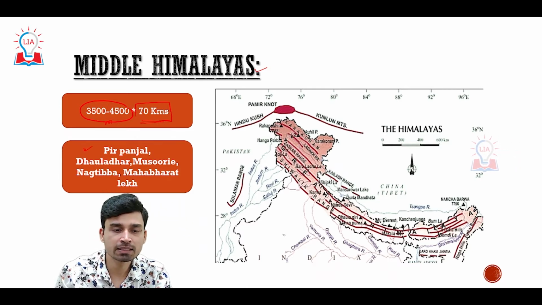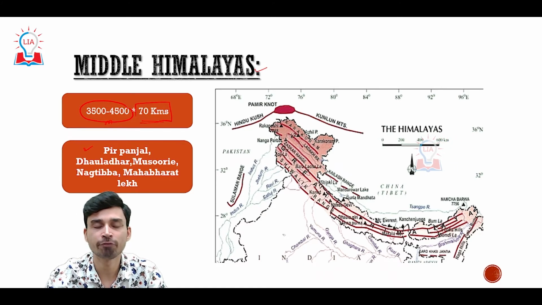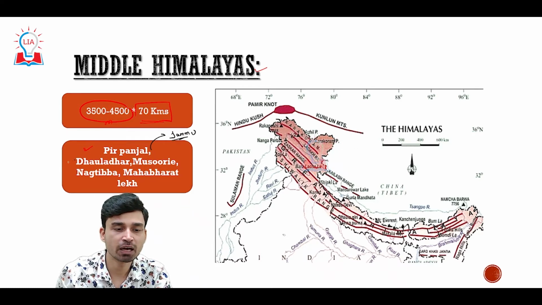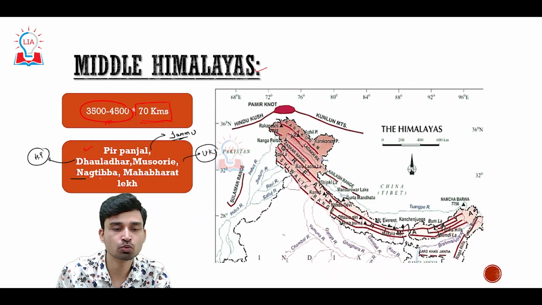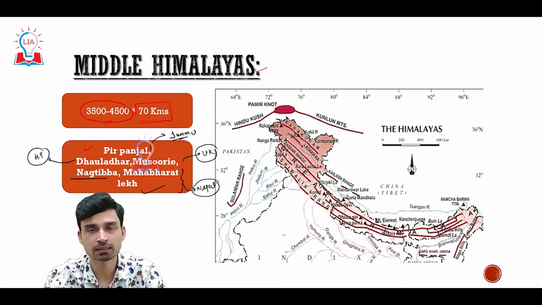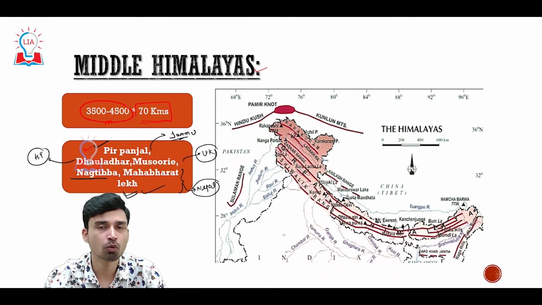Now, the Mid Himalayas are not a single mountain range, but are divided into several different ranges coming from west to east. On the westernmost side, in the Jammu and Kashmir region, the Middle Himalayas are known by the name of Pir Panjal Range. In Himachal Pradesh, these hills are known as the Dhauladhar Range. The Uttarakhand part of the Mid Himalayas is called the Mussoorie and Nag Tibba Range, while the hill ranges in Nepal are known as the Mahabharat Lekh range. That means from Pir Panjal in the west up to Mahabharat Lekh in the east is the overall main extent